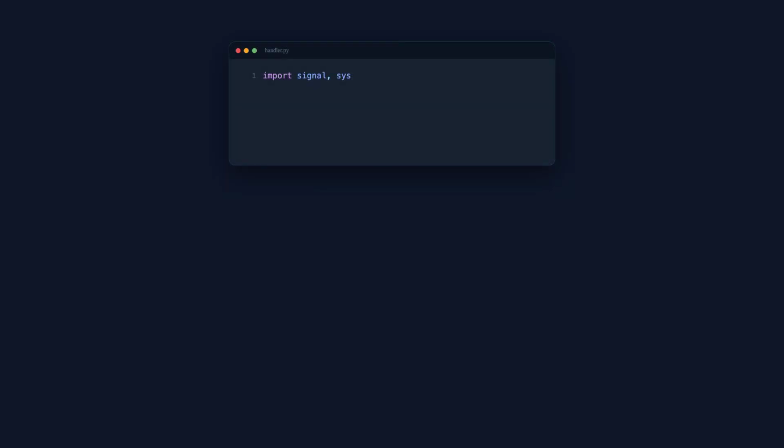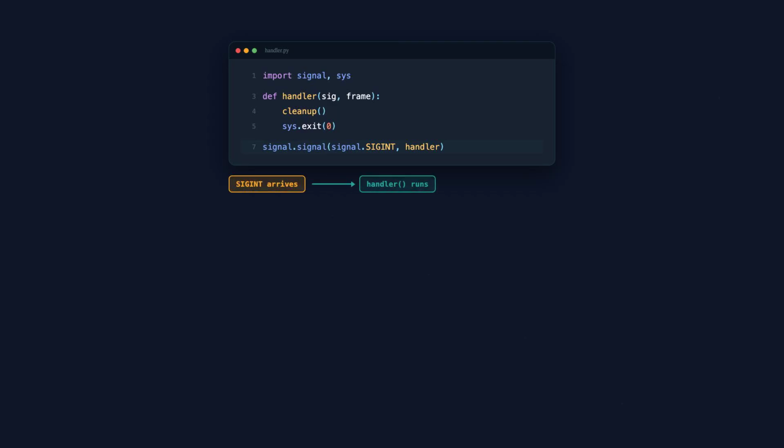In Python, it looks like this. You call signal.signal with the signal type and your handler function. When SIGINT arrives, instead of dying, your handler runs. It can clean up resources, save state, print a goodbye message, whatever you need. After the handler finishes, the process can choose to exit cleanly or even continue running. But there's one